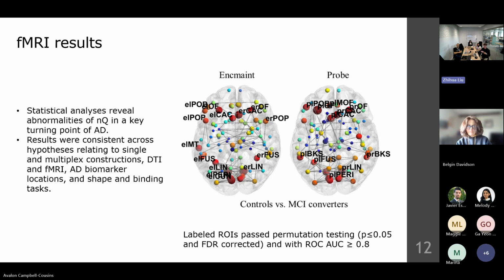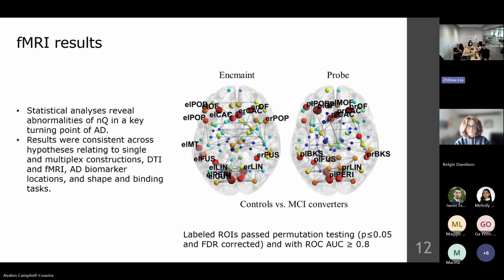So we saw that for our multiplex models the statistical results were much stronger than if we were to look at each individual layer separately. We saw that the locations that we found that showed abnormalities in nodal modularity and fMRI were common locations for amyloid beta deposition in poor memory binders specifically, and